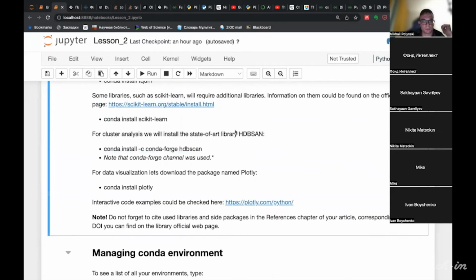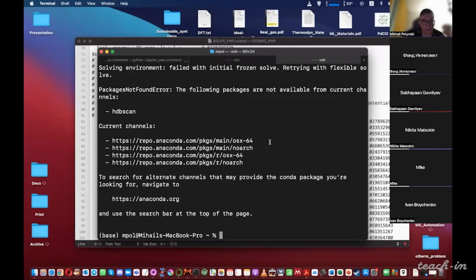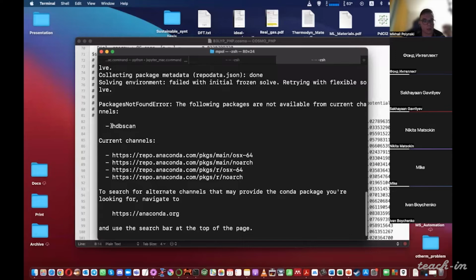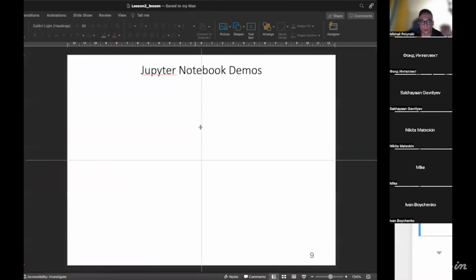So HDBScan wasn't found in the main channel, so it can be installed only from the CondaForge channel.